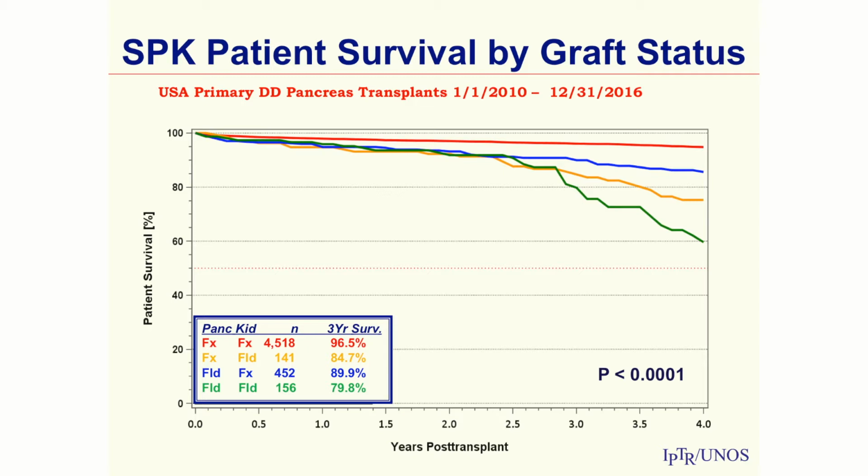If, however, the kidney fails and the pancreas is functioning, we go down another 5%. If both pancreas and kidney lose function, we are down to 79%, so almost 20% higher mortality than when both